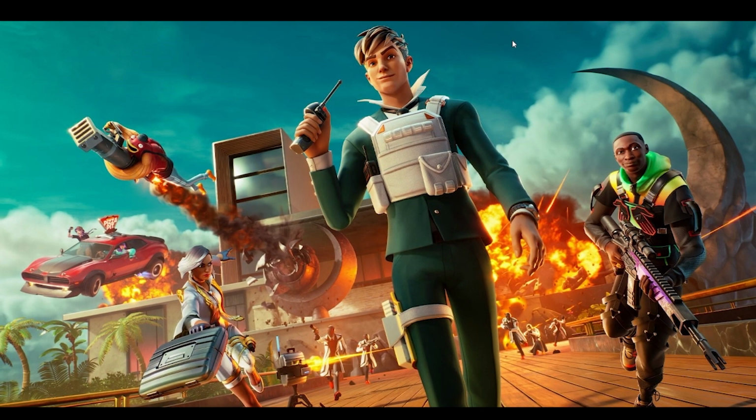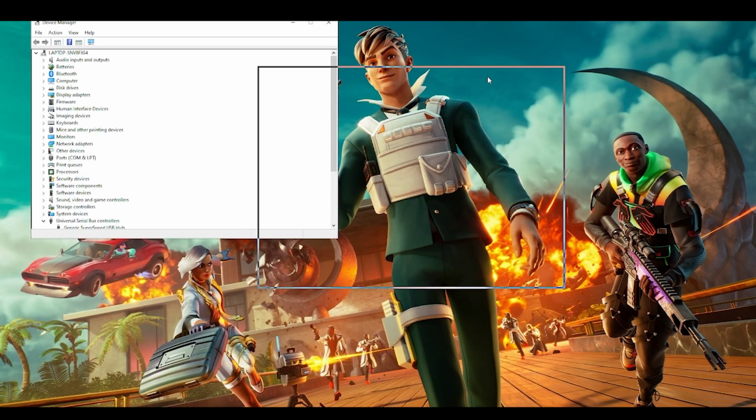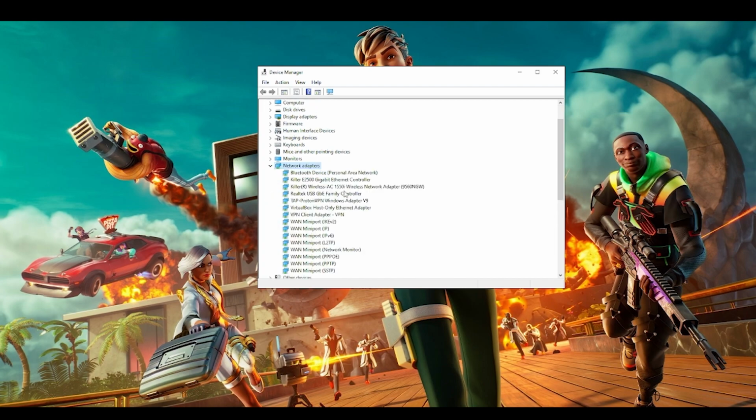Now the steps required in order to fix this problem of high ping: first and foremost, you have to go in the search bar and type over there device manager. Once device manager opens, this is the thing that will come up. Over here, you have to find something which we call network adapters. Click on this tilted triangle over here and choose the name of the Ethernet that you have. So in my case, I would choose the second one over here and I'm gonna right click and go to